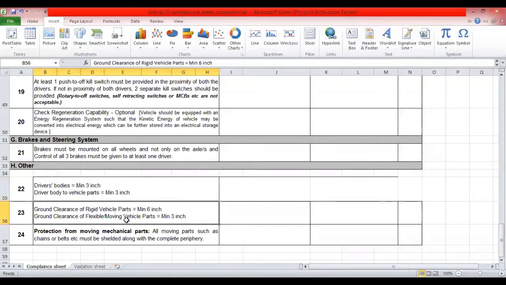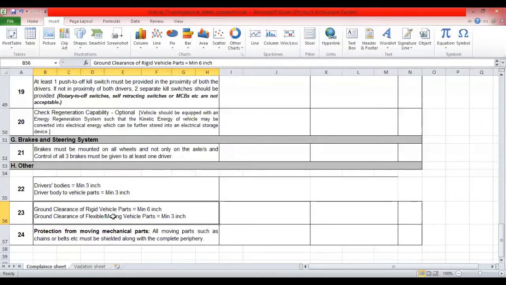Now the next point is the 23rd, which is the ground clearance rule. I hope you are all clear about that: minimum 6 inch clearance of the rigid vehicle parts. Every part which is rigid and non-moving should be cleared from the ground by minimum 6 inch.